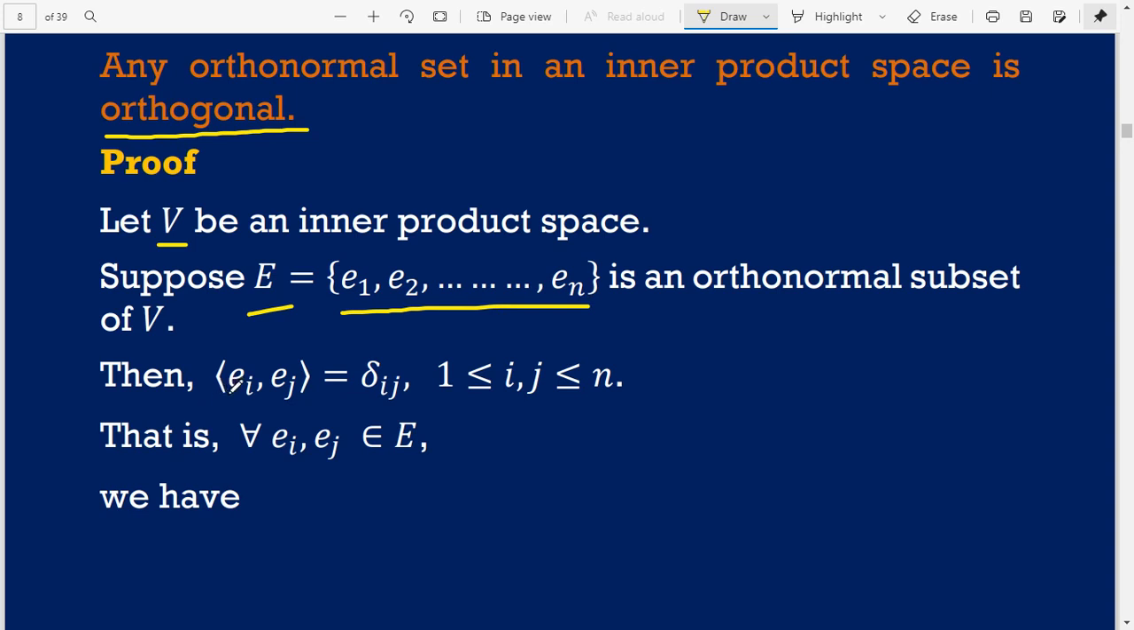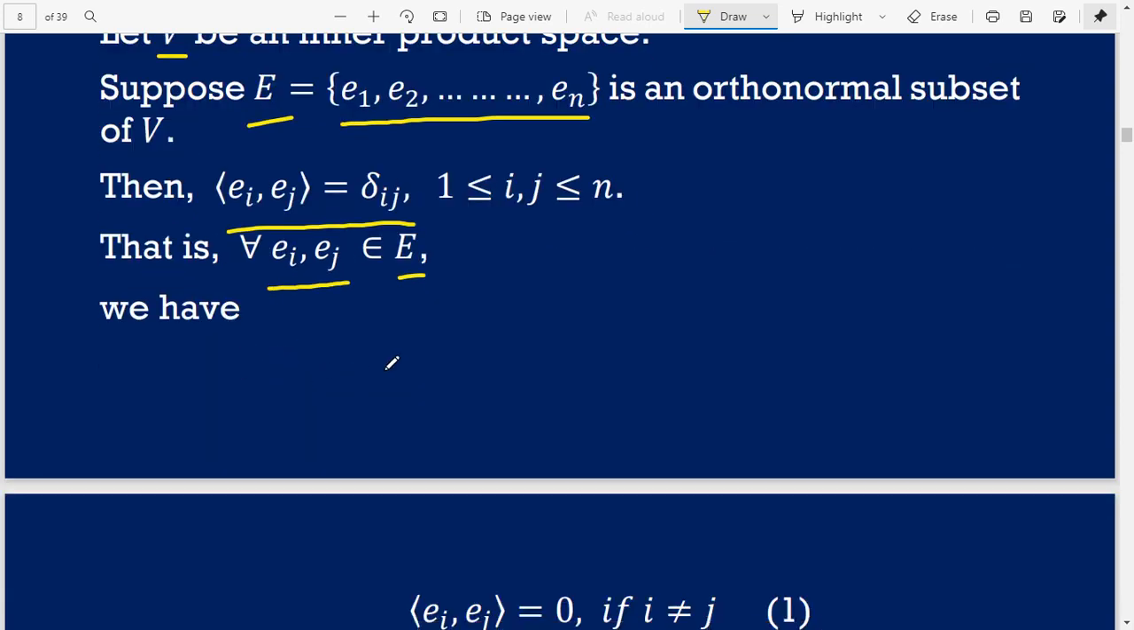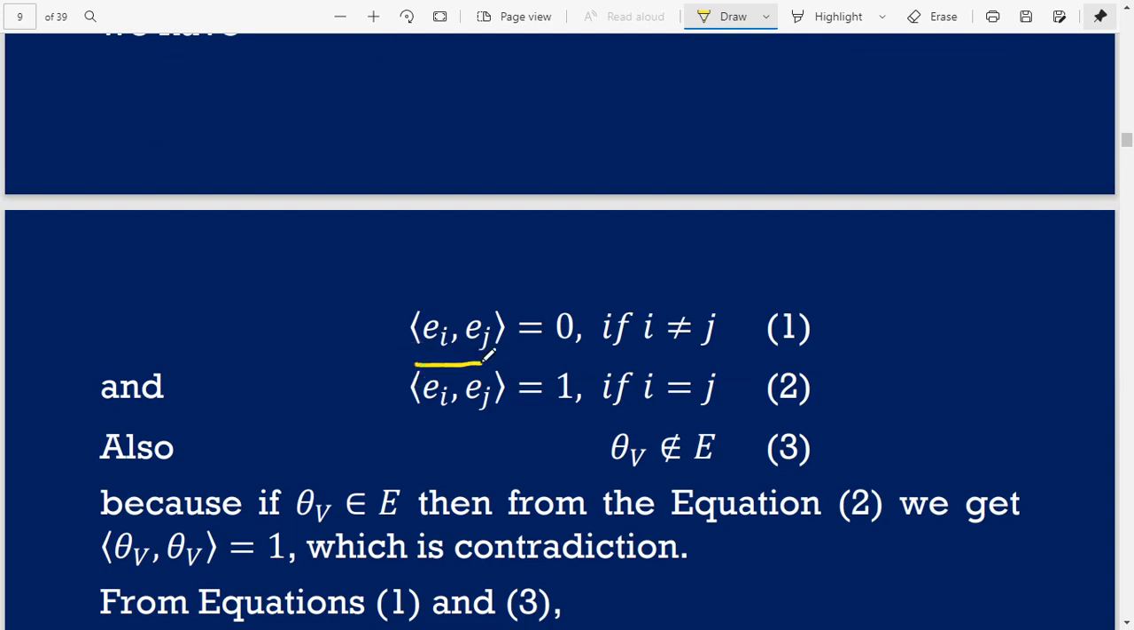Then the inner product of Ei with Ej is equal to delta ij, where 1 is less than or equal to i and j less than or equal to n. That is, for every Ei, Ej belonging to E, we have inner product Ei with Ej is equal to 0 if i is not equal to j, and equal to 1 if i is equal to j, and also the 0 vector does not belong to E,